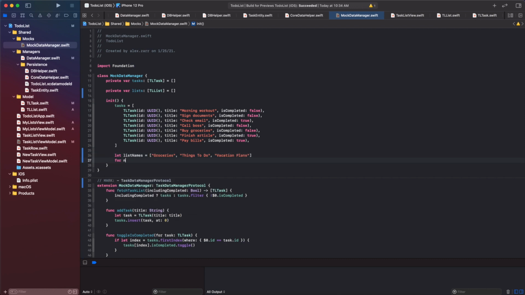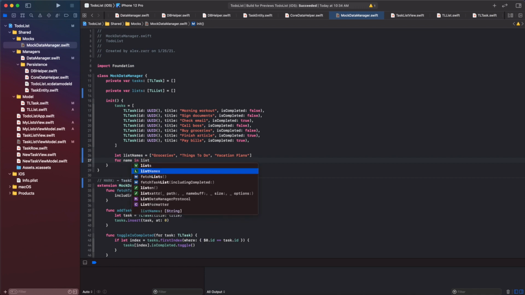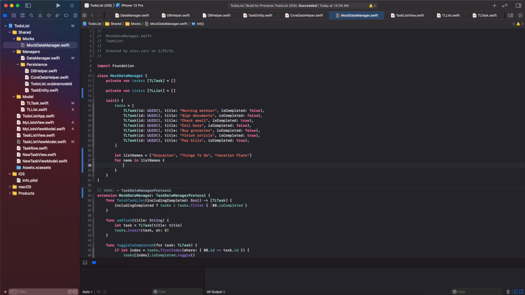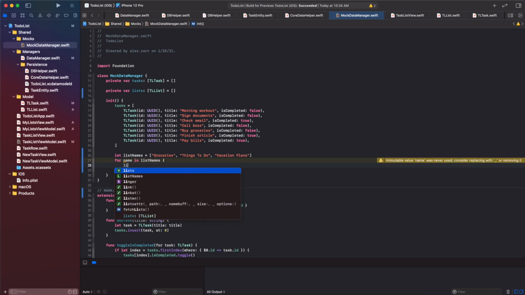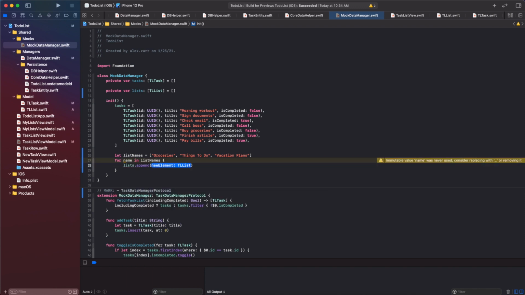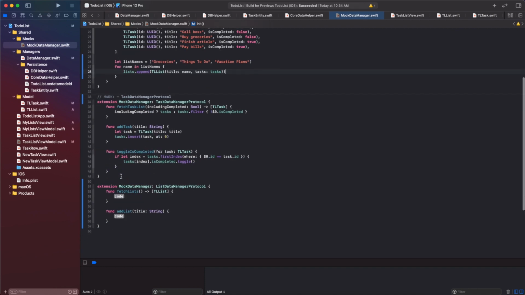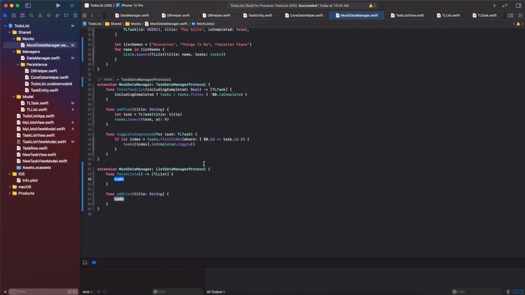And for name in list names, just append a new util list with title as name and tasks as our tasks. Nice. And then let's implement fetch lists, that we just basically return lists, and on add list we'll just create